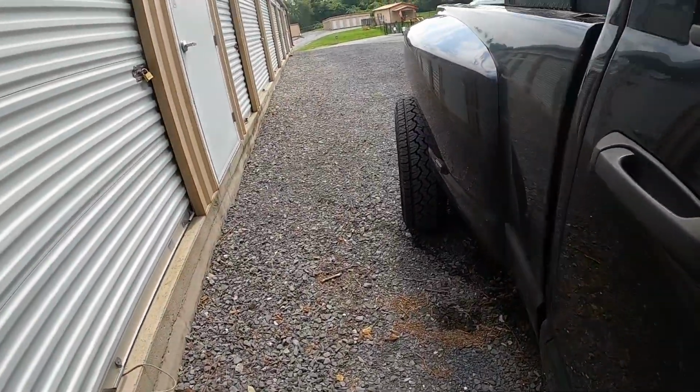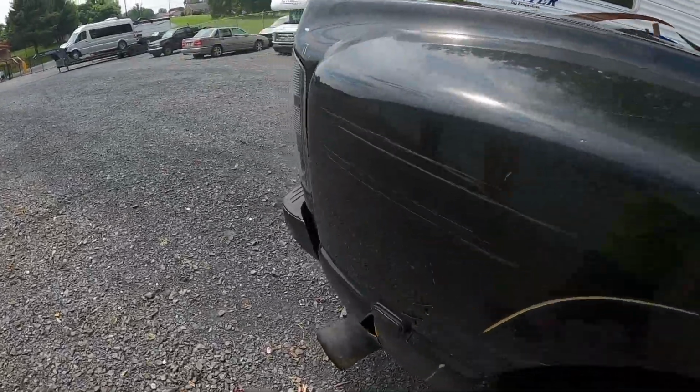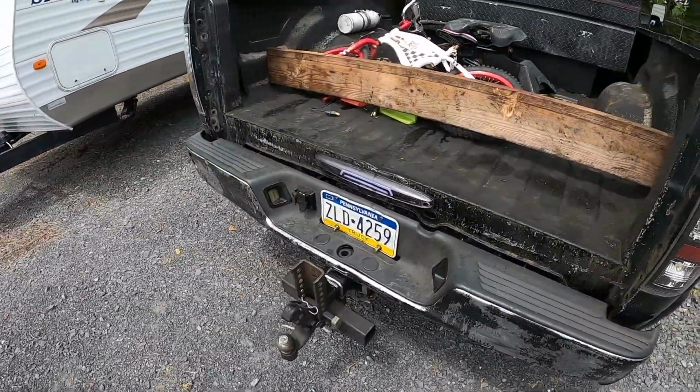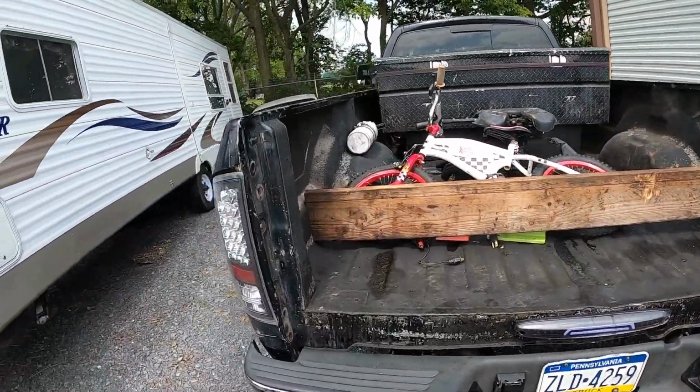So because we will be running a tailgate, I should have a tailgate tomorrow, which will be great. So we'll be back to having a tailgate, and then this can go back on the tailgate. So aside from that, now I've been watching and doing a lot more research and trying to figure out, you know, like DOT and all that,